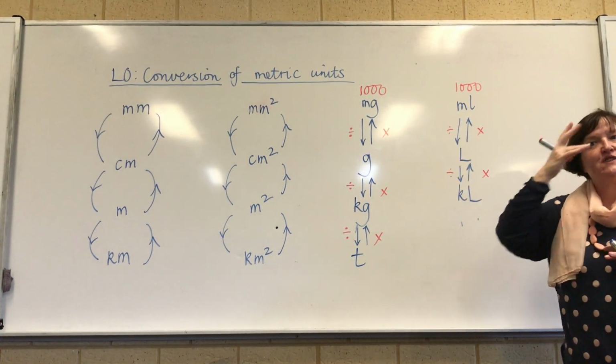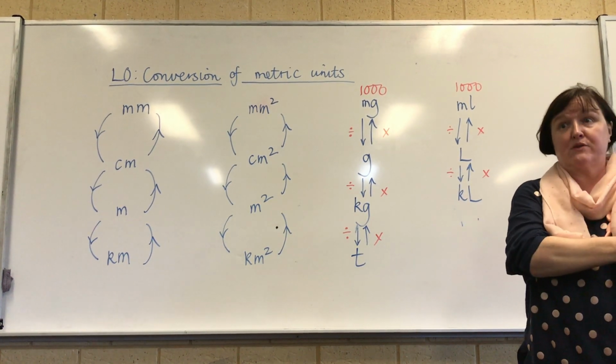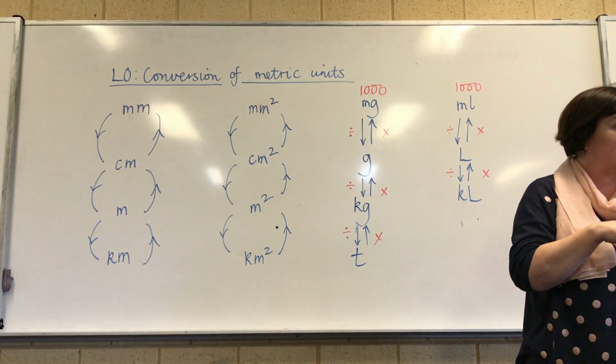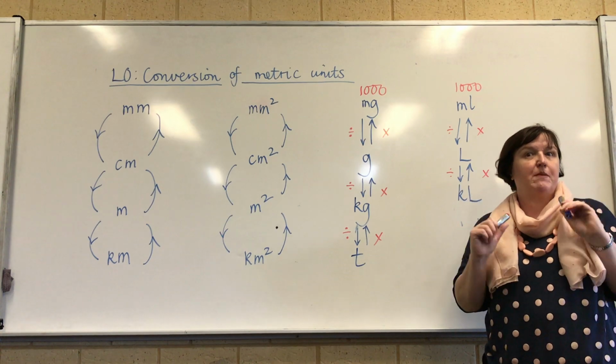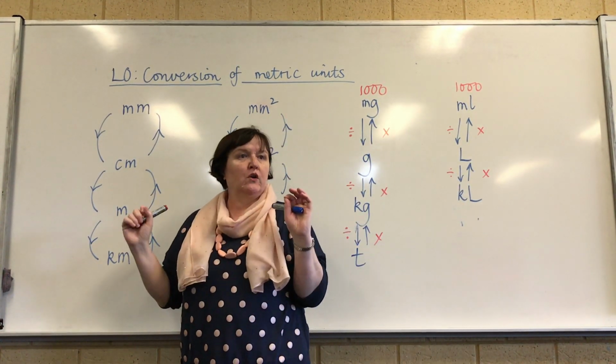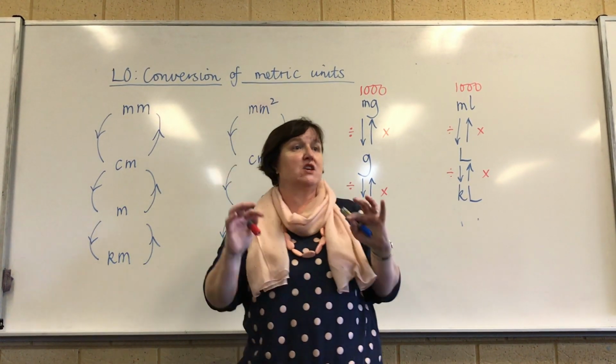So they are relatively straightforward because the only number you have to remember is 1,000. You do have to remember whether you've got to multiply or divide it, but you only need to remember the 1,000. Now for this one, we do have to remember some different numbers because the relationship between the units is